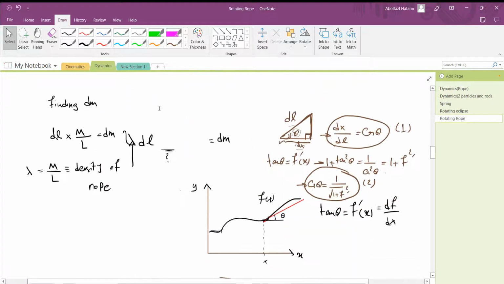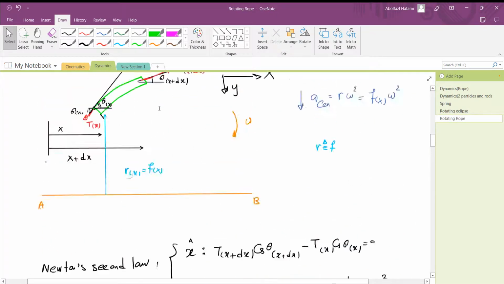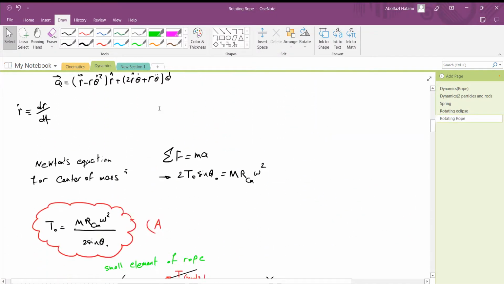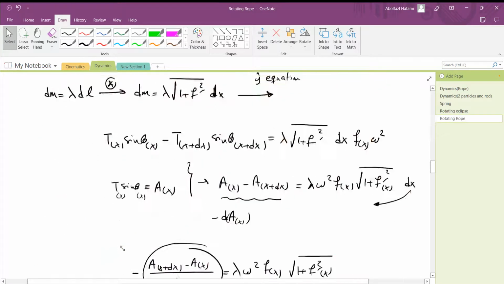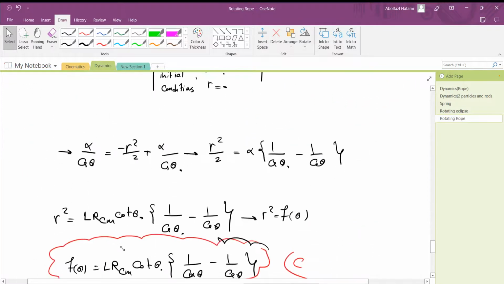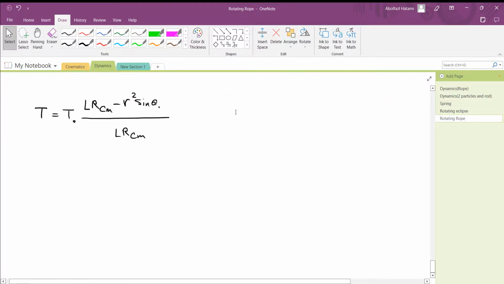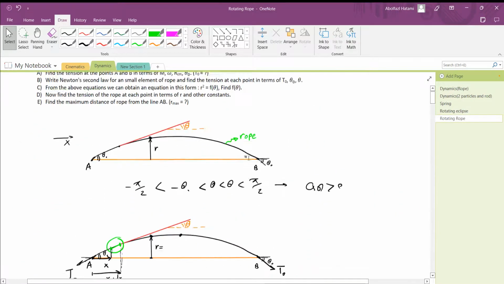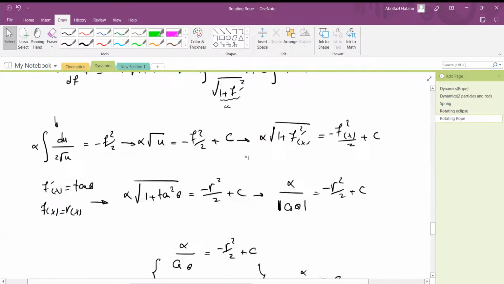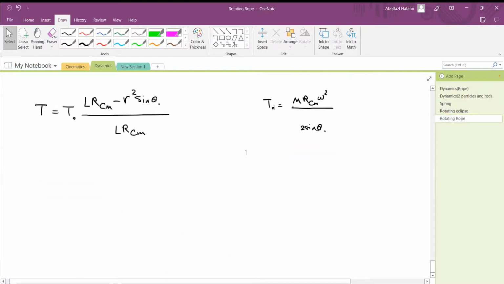And also we found T0 in part A, which was something like this. I can paste it here. Yes, it is correct. And then I want to substitute this T0 in this, so I can say that T